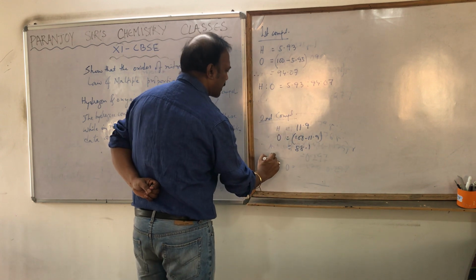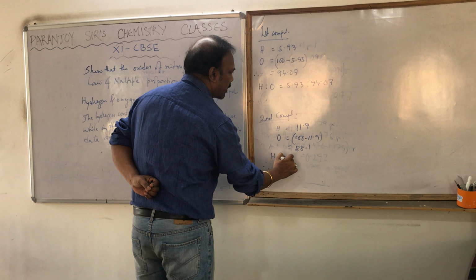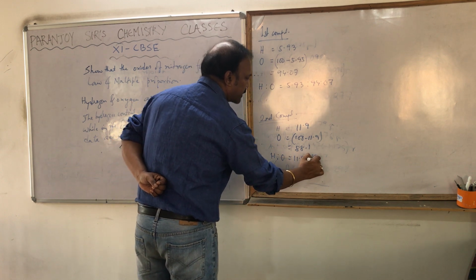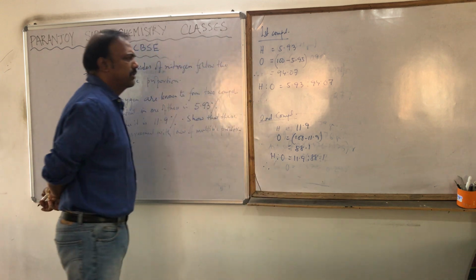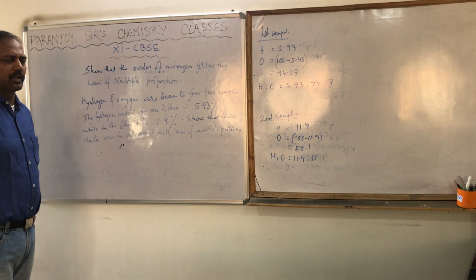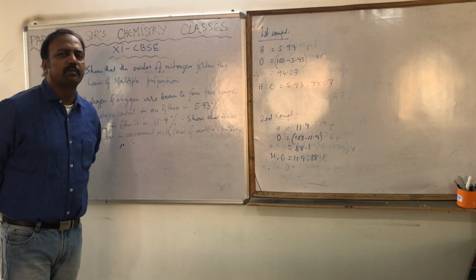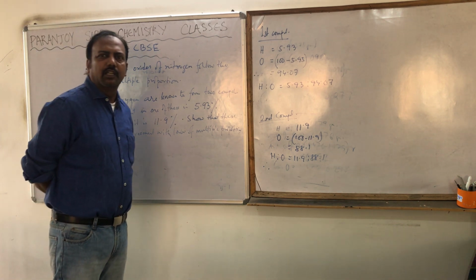So what is the ratio of H is to O? H is to O is equal to 11.9 is to 88.1. Right? Now what I told, that keeping any one of the element fixed,